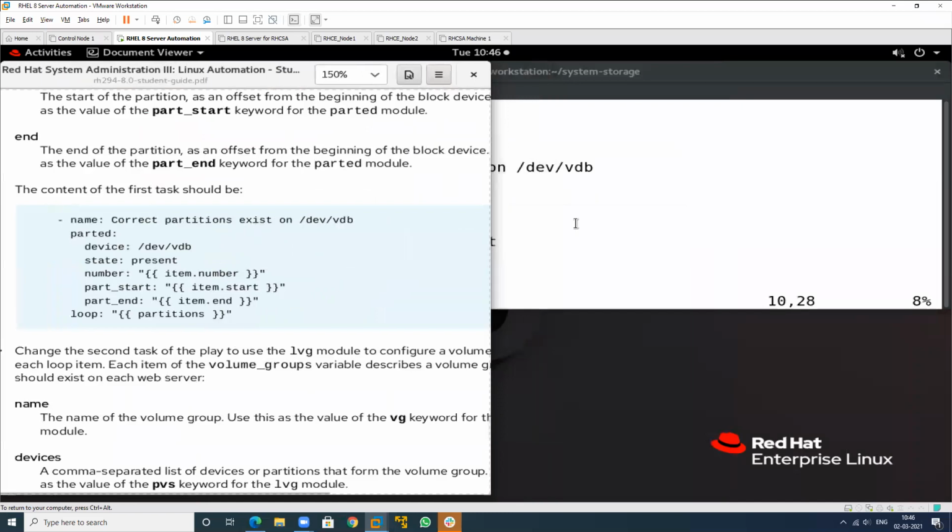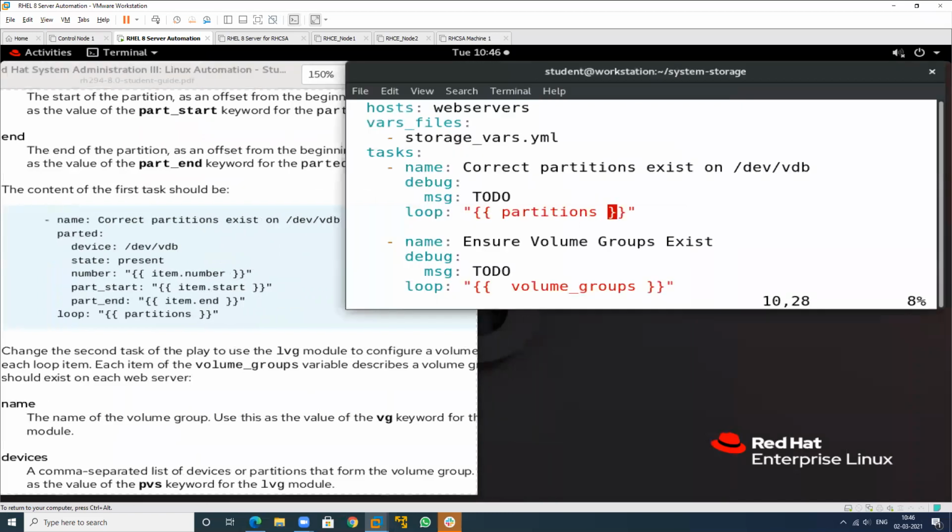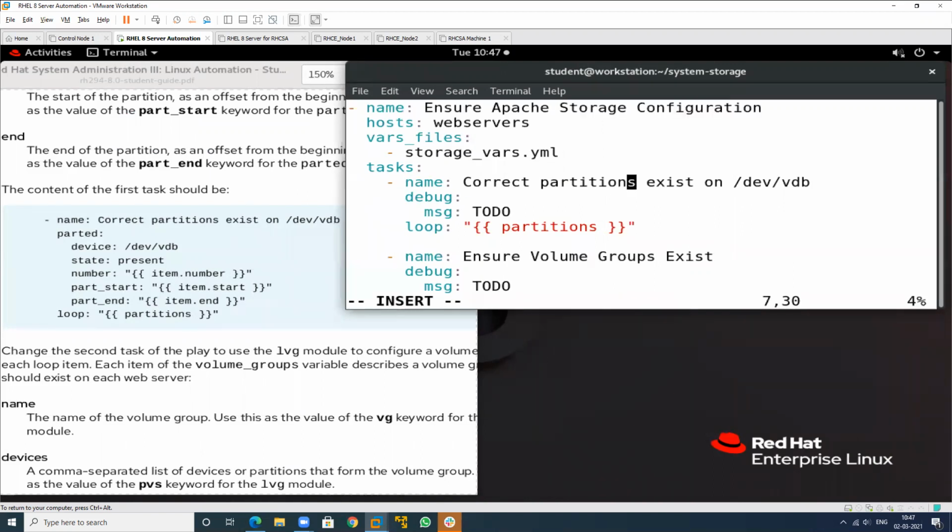Now I will show you the whole thing. So this is partition that is on the loop and parted. In the place of this, just write the debug. Remove this, and parted.